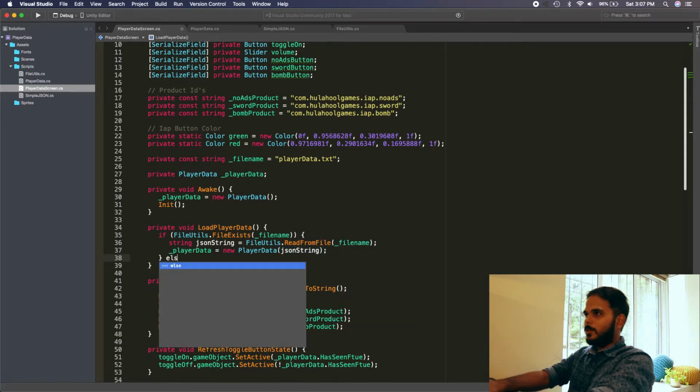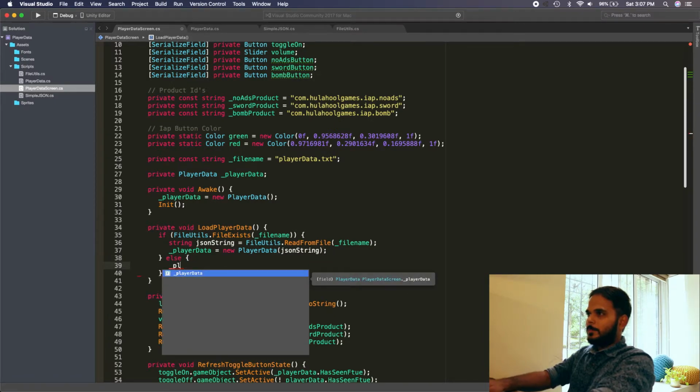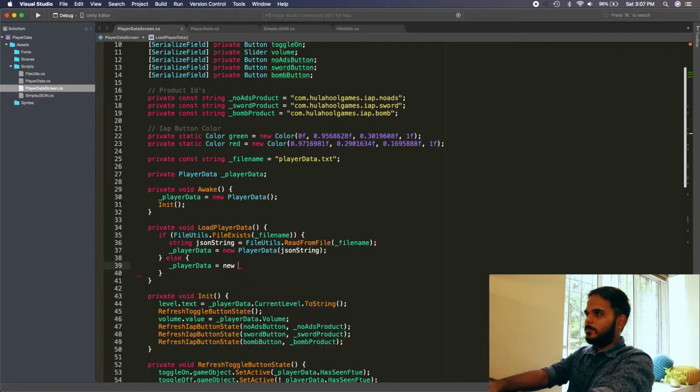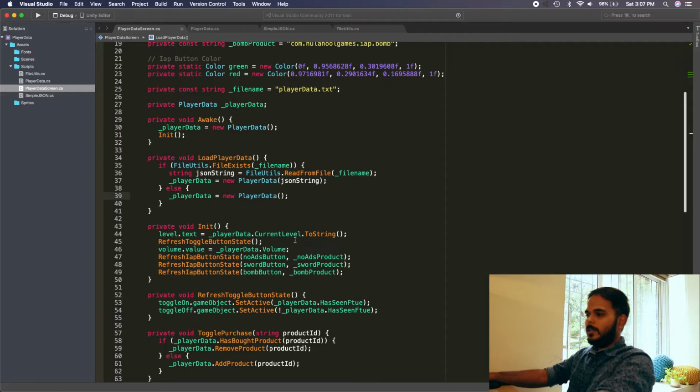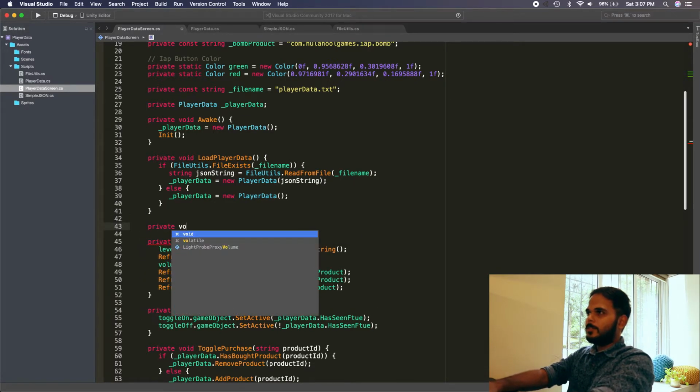But if the file does not exist, then we will create our player data as a new player data object. And let's create another function to save player data.